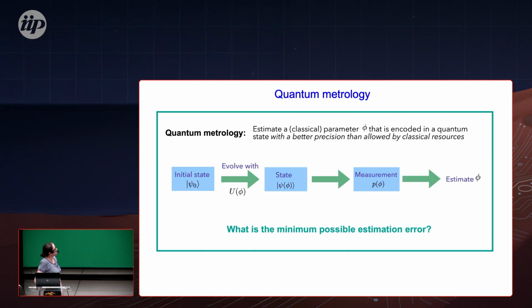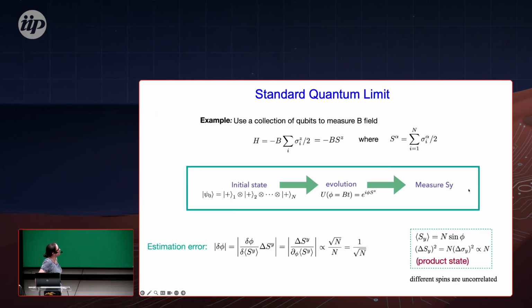Yeah, so maybe I can also talk a little bit about quantum metrology with magnons. Because we know that, let's say, if we want to estimate some parameter phi, then we prepare an initial state, we have evolution, we measure, and then we want to estimate this parameter phi with the minimal possible estimation error for the measurements, right? And we want to make use of a quantum advantage.